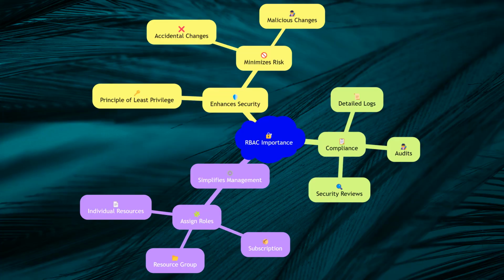Firstly, it enhances security by ensuring that users have only the permissions they need to perform their tasks. This principle of least privilege minimizes the risk of accidental or malicious changes to your resources. Secondly, RBAC helps in compliance by providing detailed logs of who accessed what resources and what actions they performed. This is invaluable for audits and security reviews. Lastly, RBAC simplifies management by allowing you to assign roles at different scopes, such as subscription, resource group, or individual